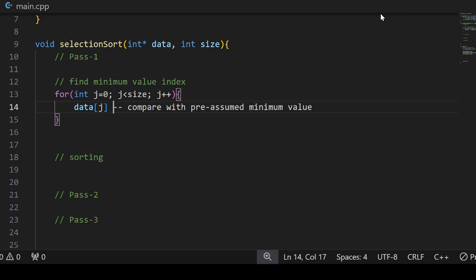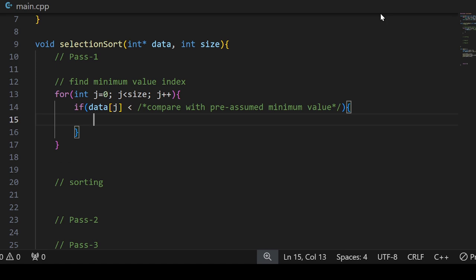To be more specific, you want to see whether data j is smaller than some pre-assumed minimum value. So if I want to use an if statement here, I would put something like this. If it is smaller, then you want to update the index of this minimum value to